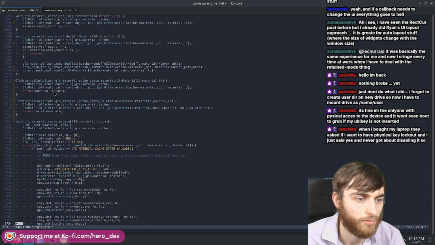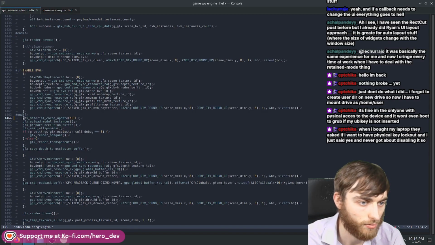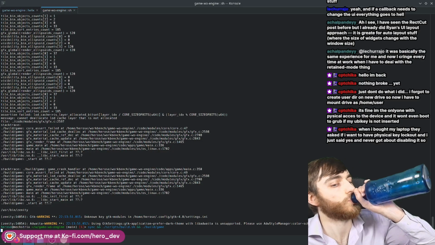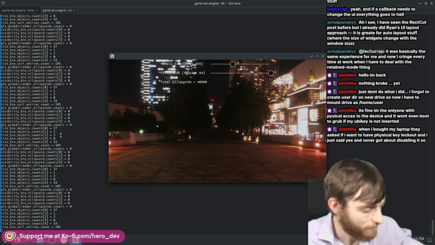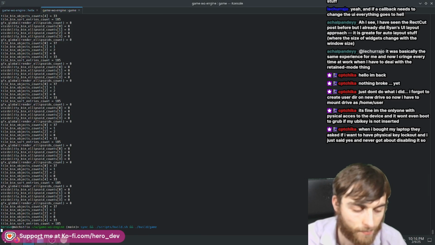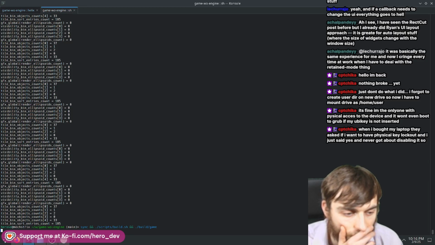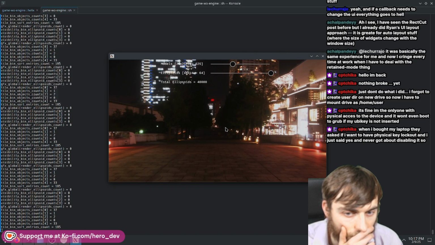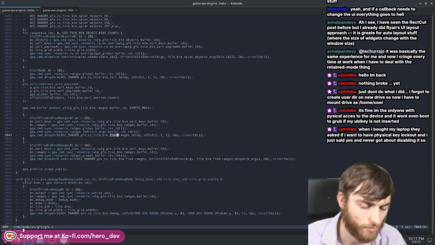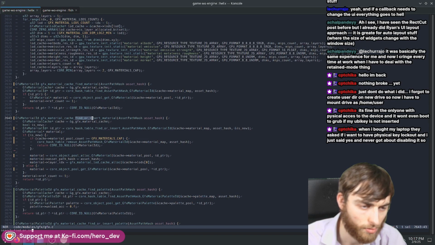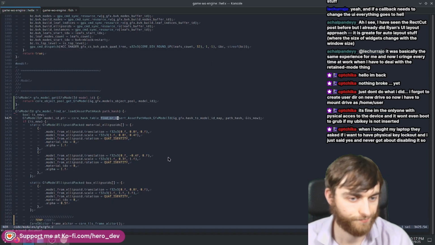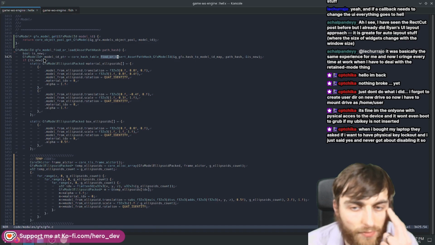Right, let's fix the code. Let's comment this out for now and see, does it still run? We've got gaps at the moment between all these. Oh, that went quick, didn't it? I think they're there for a frame, then they're gone. So we do a find model. Find or load. Right, so if it's new,